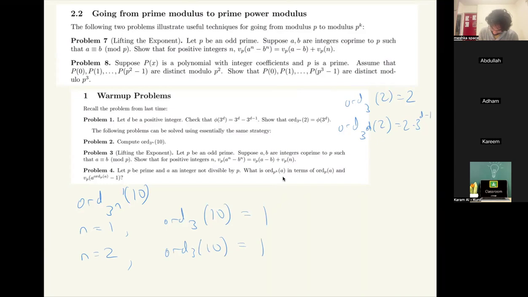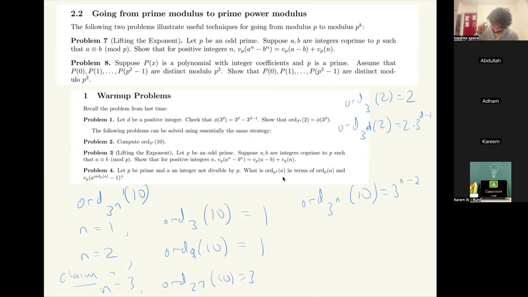Okay, but now the point is, if I ever increase the exponent again, so this is maybe the claim. So the claim is now, if I increase the exponent from here, so if I go to n equals 3, so mod 27, then now the order will be 3. And then in general, the claim is that if I take the order mod 3 to the n of 10, it's 3 to the n minus 2. So like in general, once